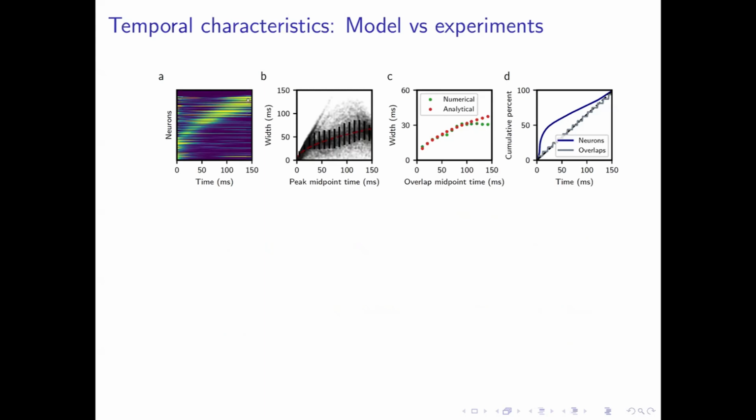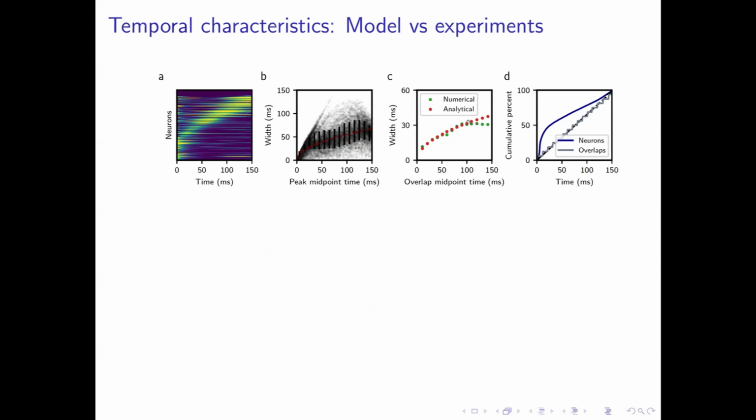You can see basically this is now all neurons in the large network. The neurons are sorted by the time of their peak firing rate, and you can visualize this strong heterogeneity of profiles of activity. You can see that if you plot the width of the time fields, they become broader and broader as time goes by, and the width, in fact, which is predicted to go as square root of t, matches quite well with